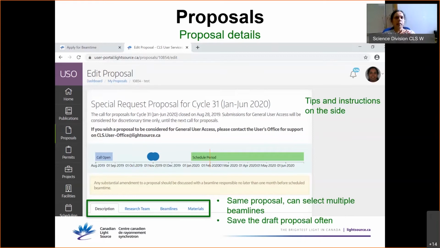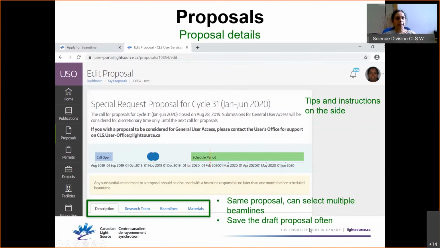You can draft one proposal, but you can select more than one beamline in the same proposal, which becomes very handy. In the past, we had to submit proposals to individual beamlines as separate proposals. Now, if the scientific question is the same, you can draft one proposal and select multiple beamlines with different techniques in the same proposal.